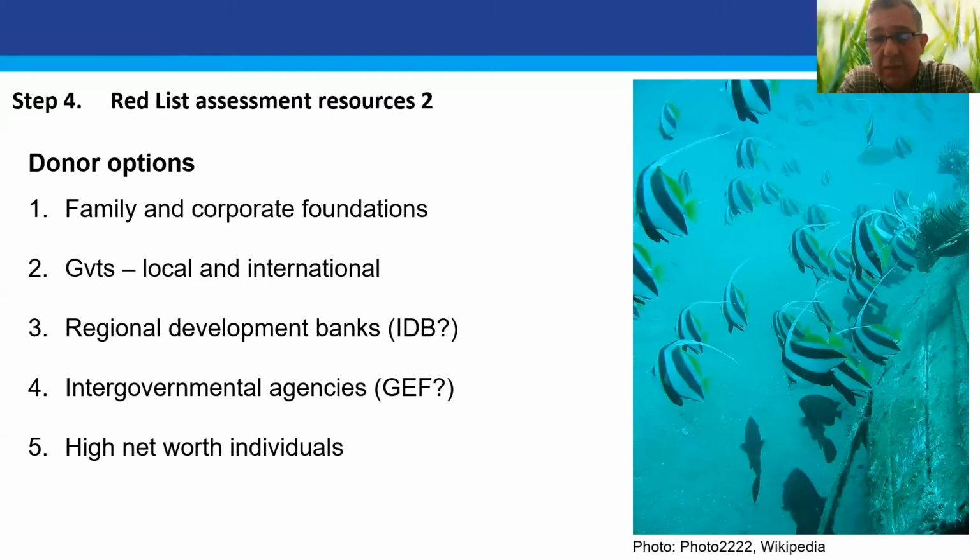Try those as well. Intergovernmental agencies like the Global Environment Fund. Again, connect with these people. They have large amounts of money, and they have a Global Environment Fund focal point for your country. So find out who that focal point is. It's probably online. I must admit, I can't tell you immediately, but you'll be able to find out through your government and see what options there are to connect with the GEF or other intergovernmental agency work schedules,